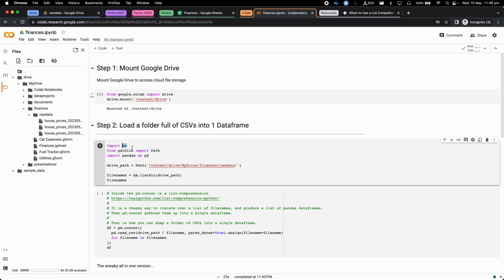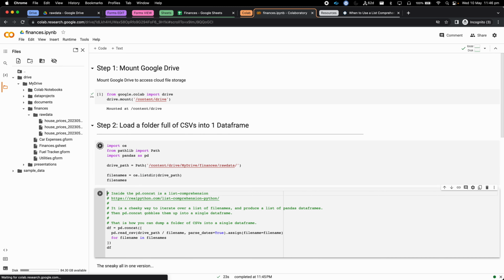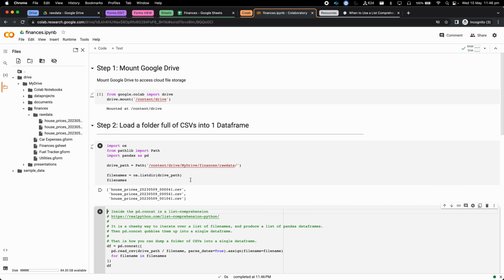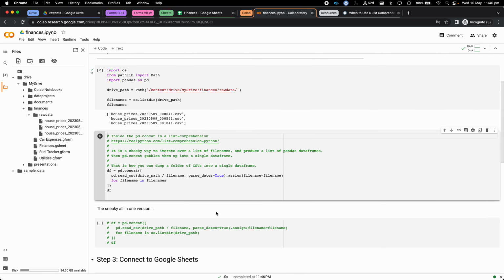So we're going to use the OS operating system command to go and list the files in a directory. So even though this is Google Drive, it's treating it as like a local file system. Pretty cool. Cool. And that's a list of CSVs. This is, I think, a bit tricky. What's inside here